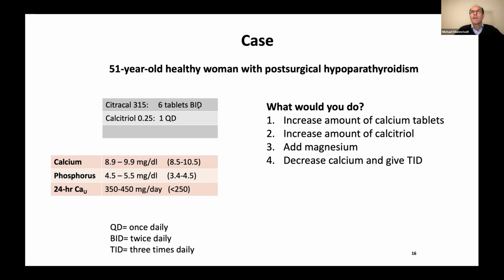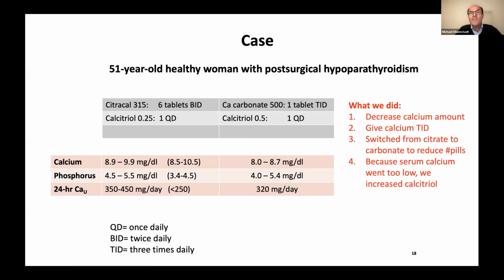Why is that? Because you can imagine if you get calcium twice a day, you have a large increase in calcium during a few hours when calcium works, but then you have nothing in between. And so you want to give calcium at least 3 times a day to have a curve that looks better. And so here's what we did. We did decrease her calcium to 1,500 from 3,780 milligrams, right? That's less than half. That's pretty dramatic. And we gave it 3 times a day.